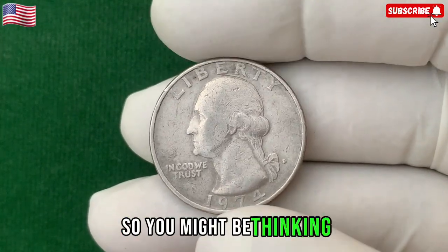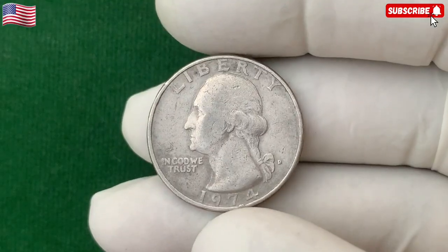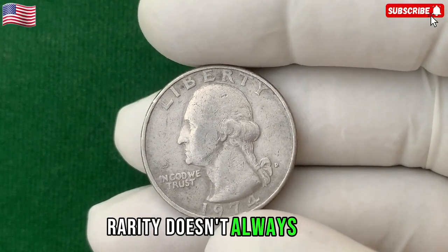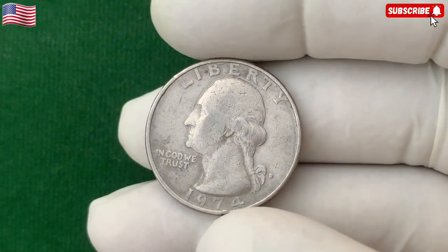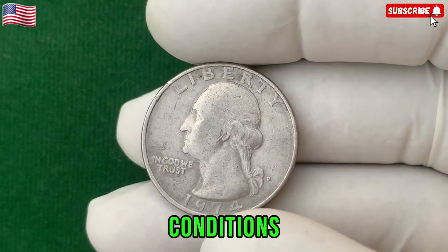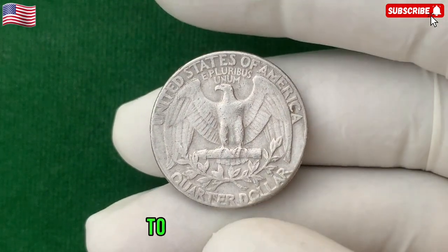So you might be thinking, if they made so many, how could this possibly be rare? Well, here's where coin collecting gets thrilling. Rarity doesn't always mean few were made. Sometimes, it's about unintentional errors, perfect conditions, or one-of-a-kind variations that make a coin go from everyday change to museum-worthy